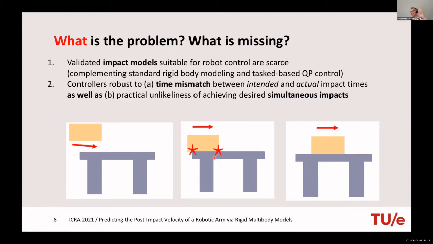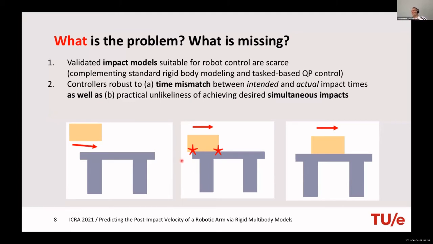Even think of a quadruped that is jumping, and you have a reference trajectory where all the feet touch the ground at the same time, maybe given by a motion planner. Then you want to execute this motion. The chances that this quadruped would touch the floor with all the feet at the same time is almost zero.